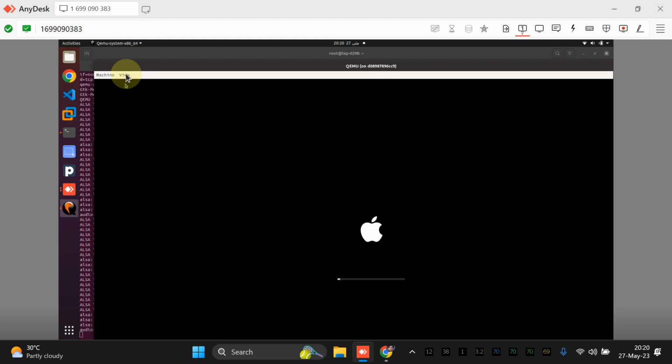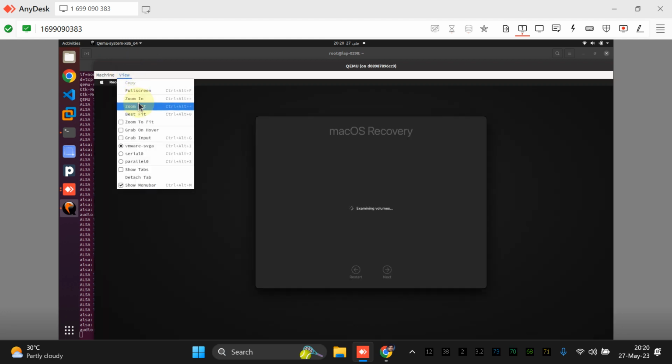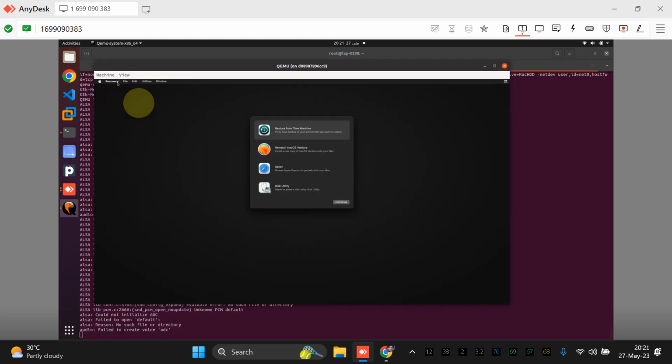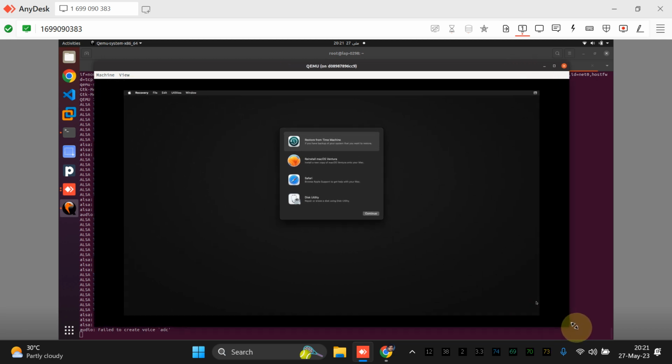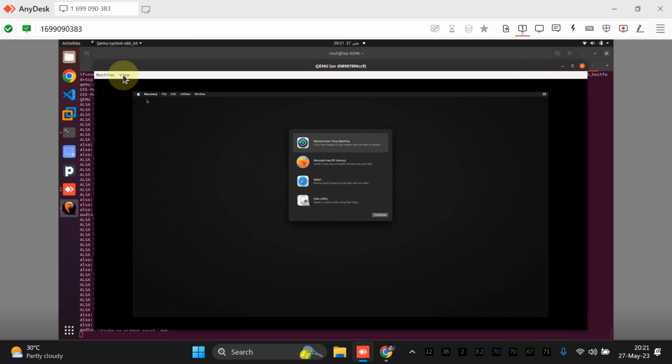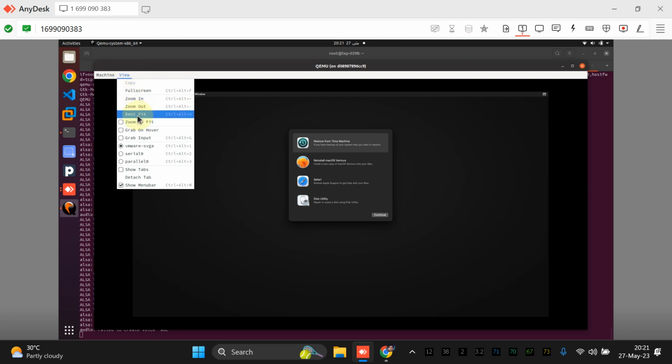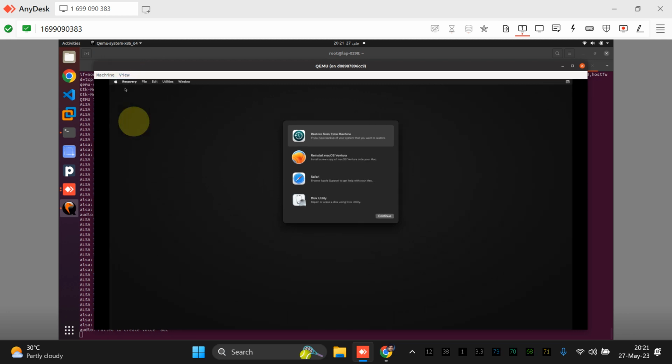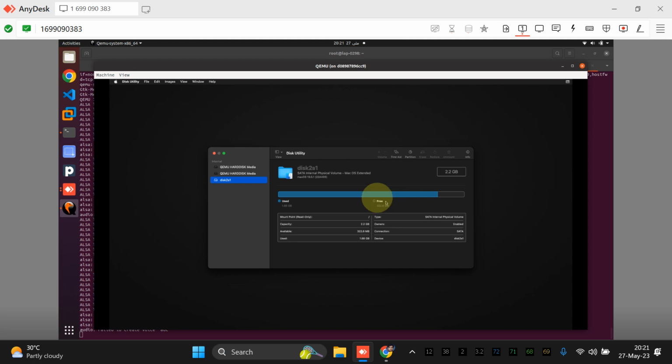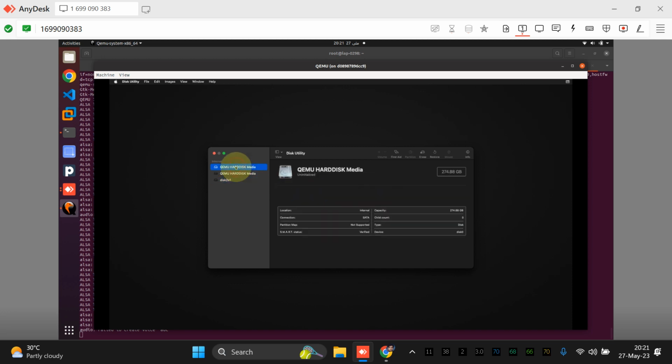I'm going to click view and zoom out, and then stretch this a little bit, and hopefully this will work from here. Yes. And I'm going to click this and zoom to best fit. Then I'm going to click on disk utility, and click this, and then if you click this,